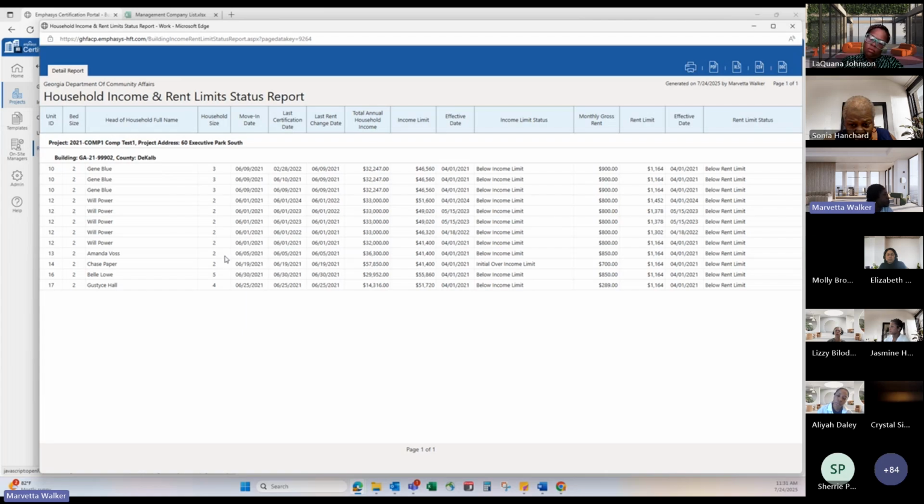And while we're on this report, we'll go ahead and go into just a couple of the common errors that we see. So with the over income limit and over income and rent limits,